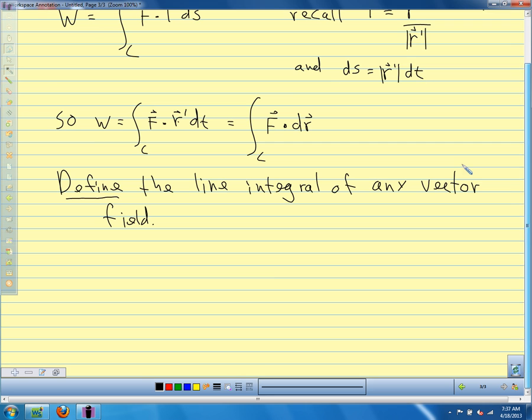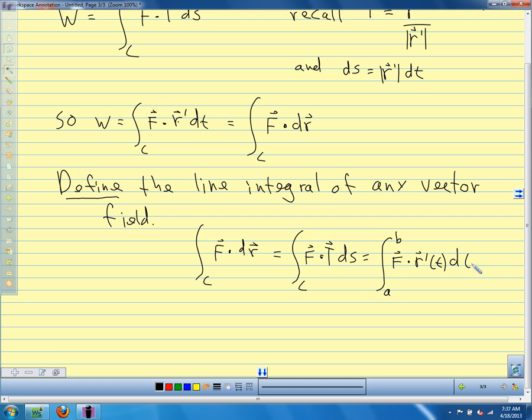So this is our definition of a line integral of a vector field. The integral of F dot dr, which is F dot T ds, and we're going to evaluate this as the integral from a to b of F expressed in terms of our parameters. So if we parameterize our curve, F dot r prime of t dt,